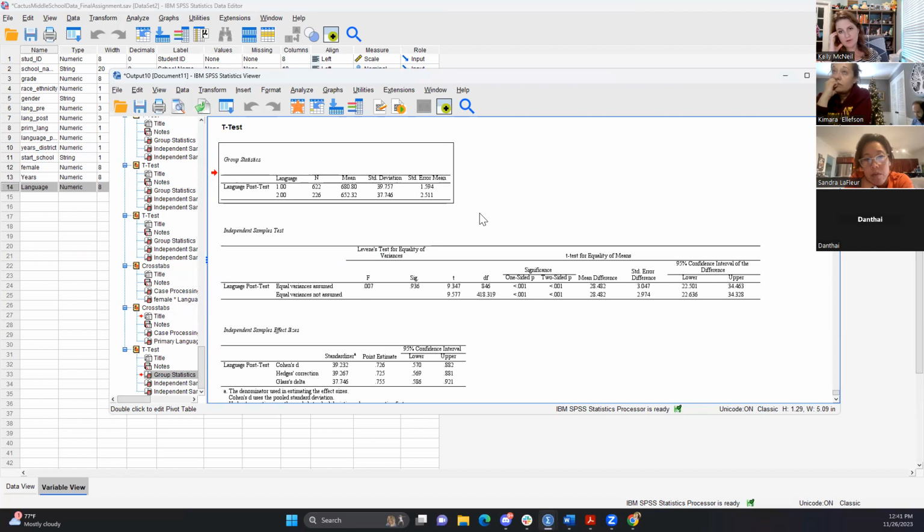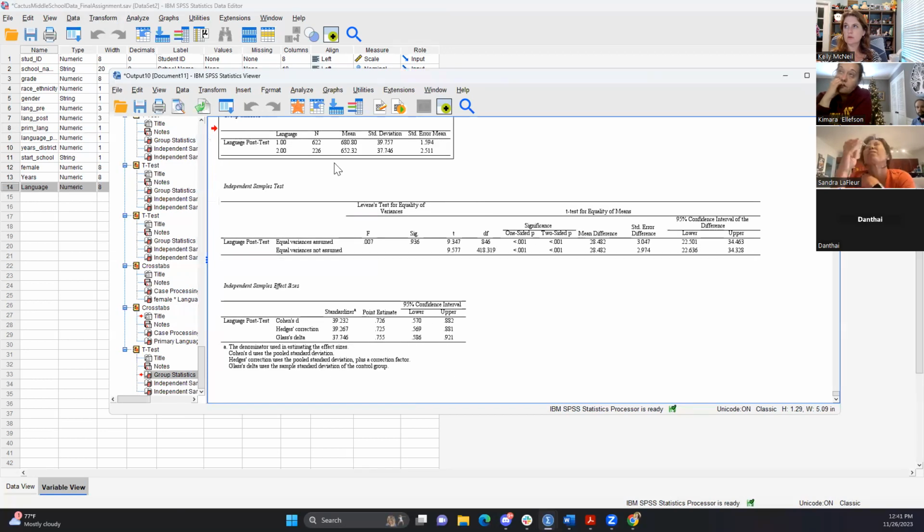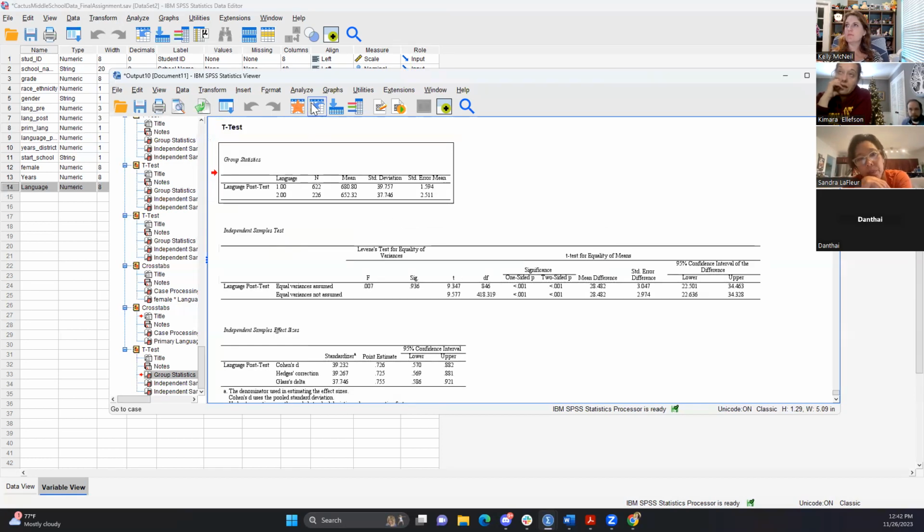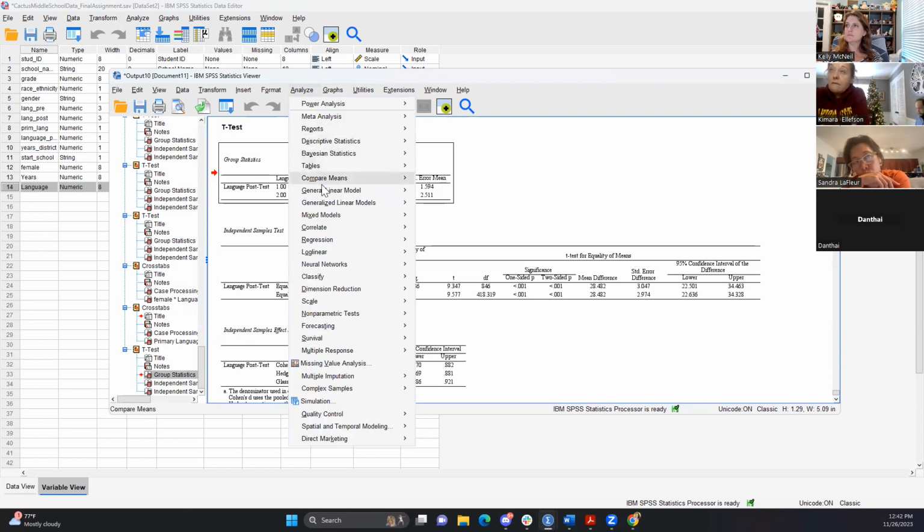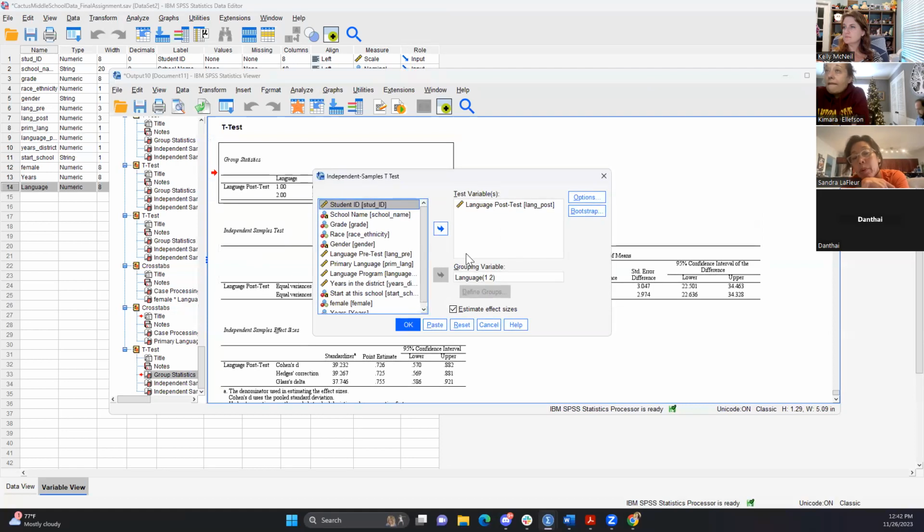So let's run the one you wanted to run. How do we do that? You would have to find out of those 226 students how many of them are not enrolled in a program. And I don't know how to do that. Well, I really want to take the ones enrolled in a program and compare them to everybody else. Which is this? Oh, no, that's not this. This is different. So you could do a t-test again, right? Because it's just two groups. You would have to make up.